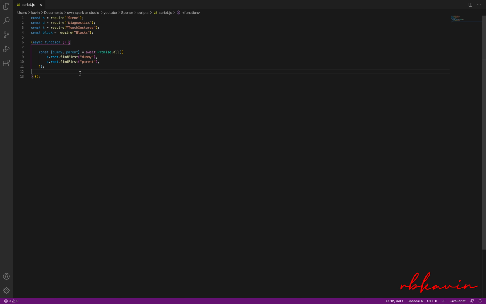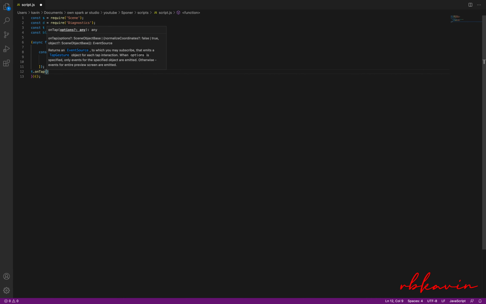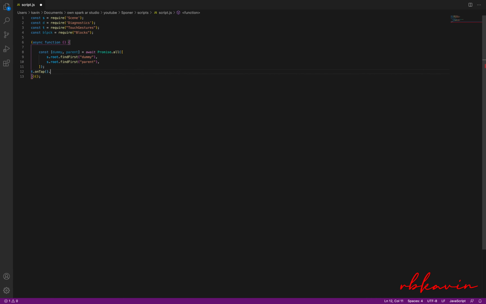Now what we are going to do is create a tap object, basically to see whether they are tapping or not. So for that, I'm just going to type t dot on tap, where the t is in caps, and after that we are going to subscribe to this. What happens is that whenever you tap, it listens and the function is called again and again. So now I'm just creating a subscribe function.